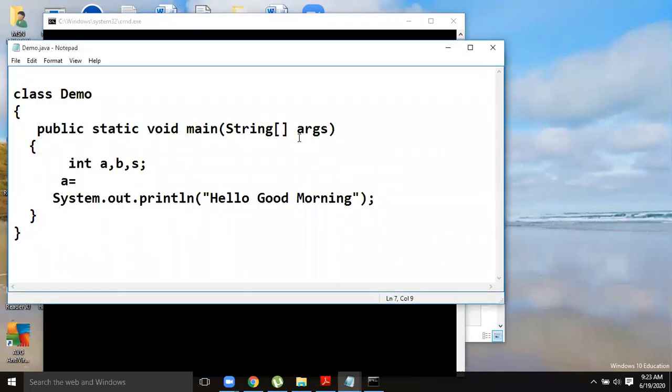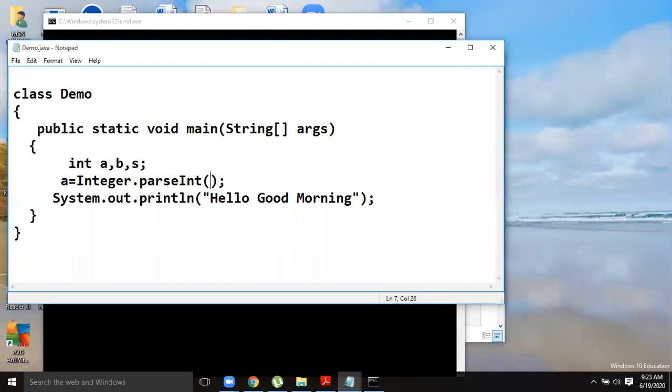Those string arguments you must convert into the corresponding types you have declared. You have declared integers, so you have to take them as integers. For that, you write the parseInt method: Integer.parseInt. If you use float, Float.parseFloat. If you use double, Double.parseDouble, because initially those are strings. Only then they will be converted once you write this method.